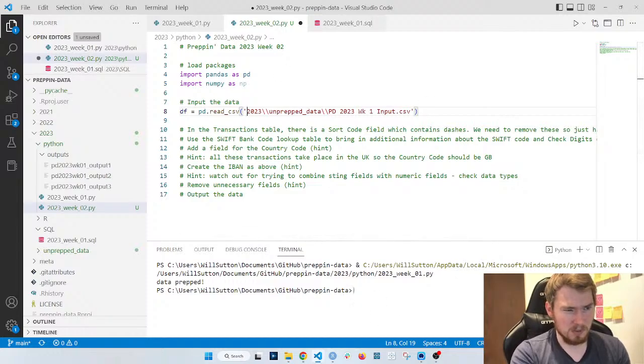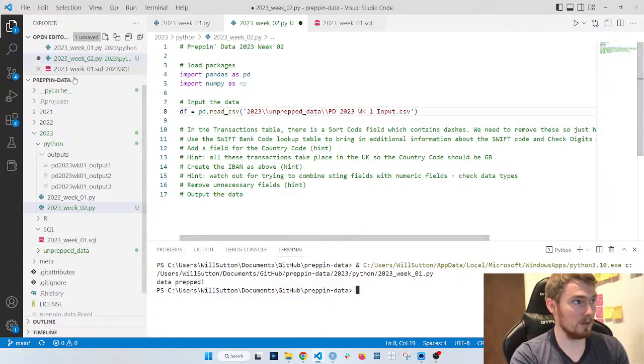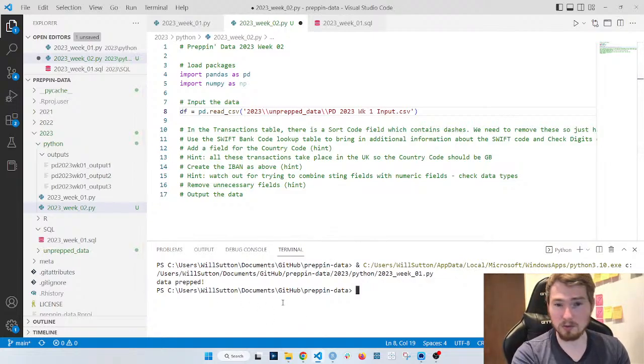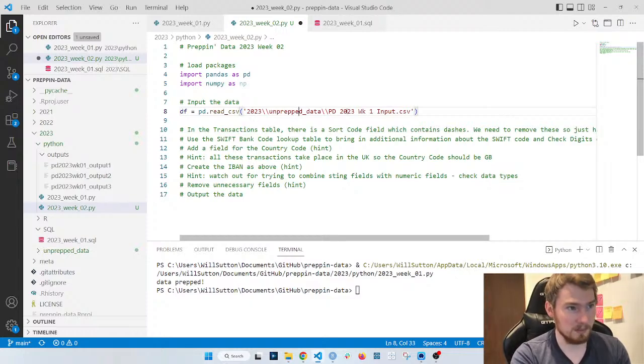You just have to remember that down here it will tell you, if you've run a piece of code, that it will run from a central folder. In this case, I've got a folder called Prepping Data, so all my code runs from there. So any paths to data sets I need start from if I was in this folder. Okay, so this is why we go into 2023 unprepped and then find our files, and also double slashing any folders instead of a single slash, because this might be counted as a special character in some cases, and Python will give us an error.